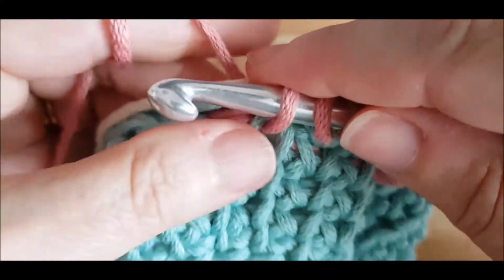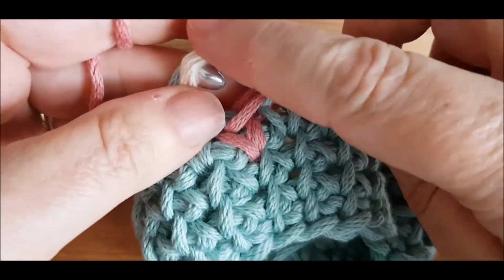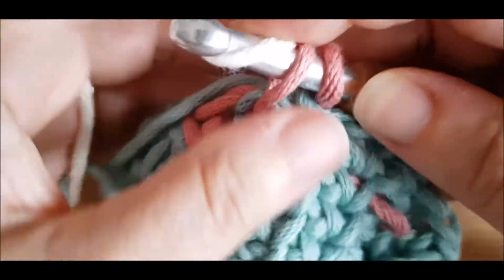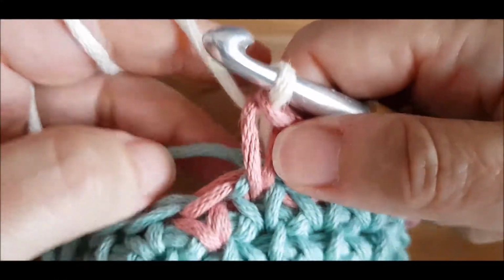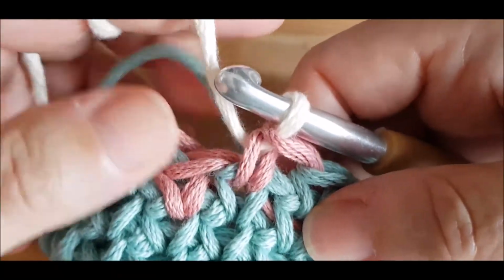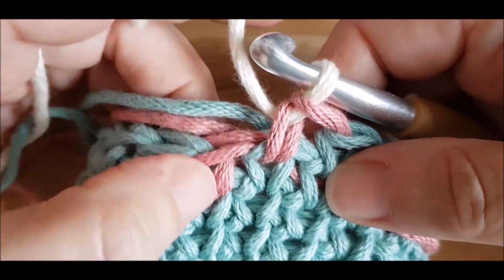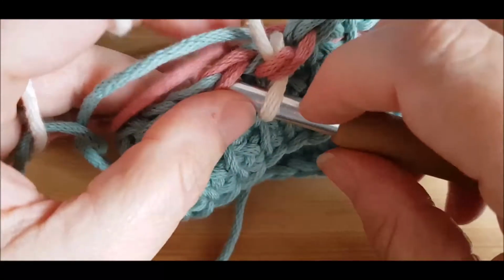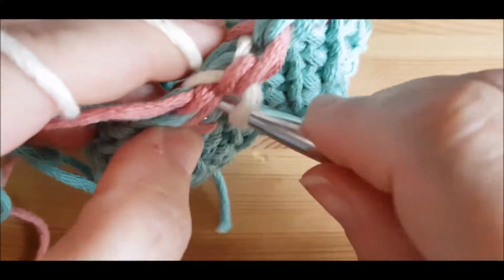and then we're going to do 1 stitch in the white. So we're going to yarn over and we're going to pull through the white like so. Check your tension, make sure it's not too tight or too loose, and then making sure you've got those 2 enclosed again. We're going to go in like so, and we're going to grab the white,